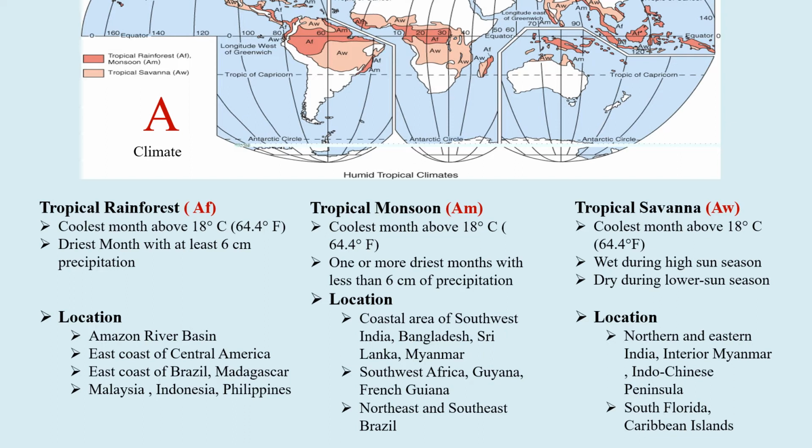If we look at the world map of the Köppen climate classification, we find a more intricate pattern, but it is consistent with the generalization we have just made with respect to the distribution of A climate. In America, the A climates are centered around the equator, reaching to about 25 degrees north and south on the eastern coast and the island, and to about 20 degrees north and south in western, central, and southern America, respectively.